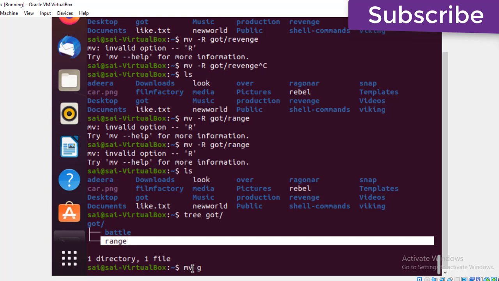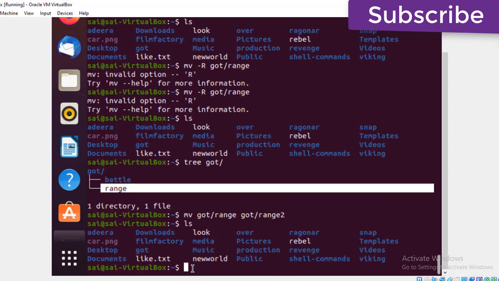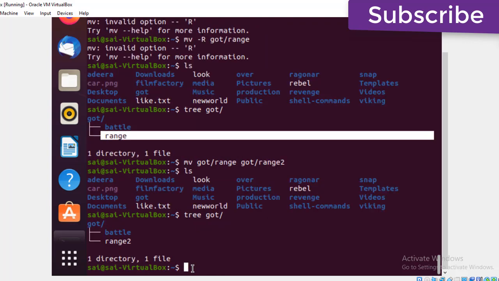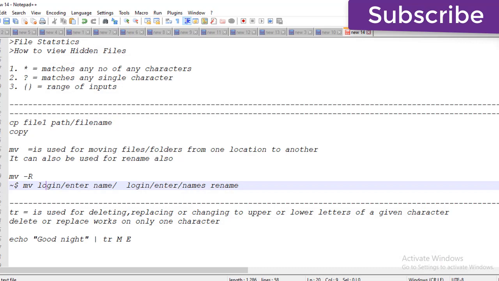This one is under a different folder, so let me set the range. The same thing here also, GOT. What name am I going to change it to? Range2. See, I'll show you ls. I'll show you the preview of GOT. See, I replaced it with range2, right?